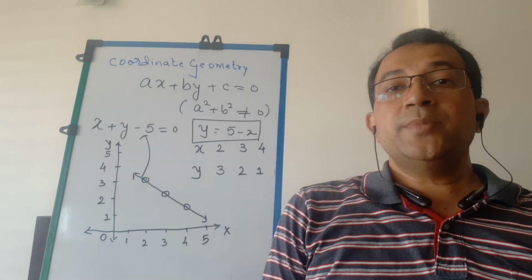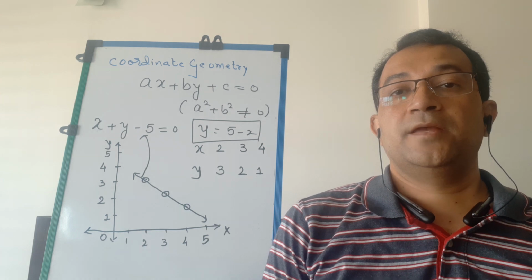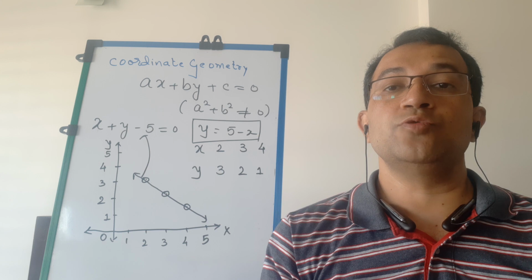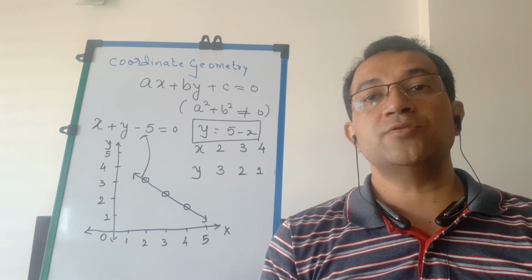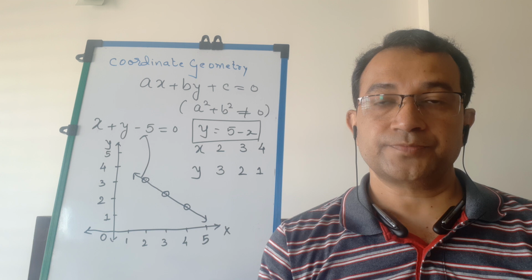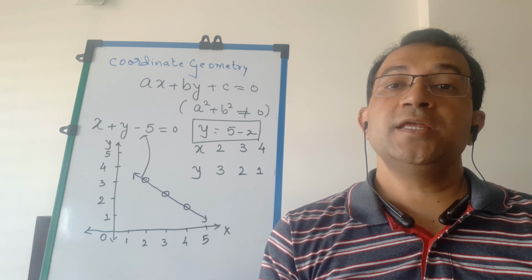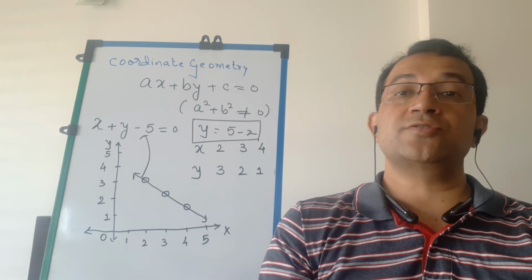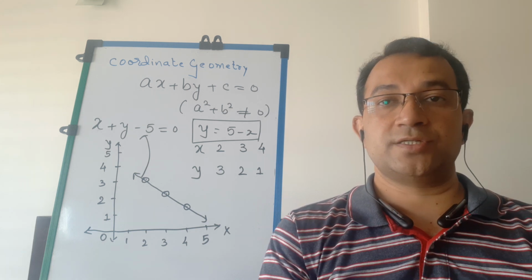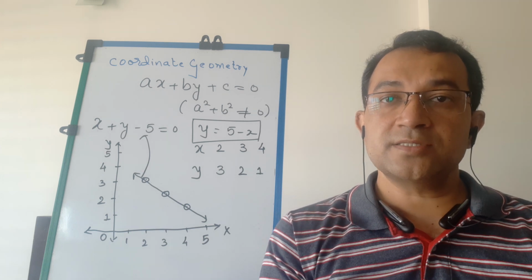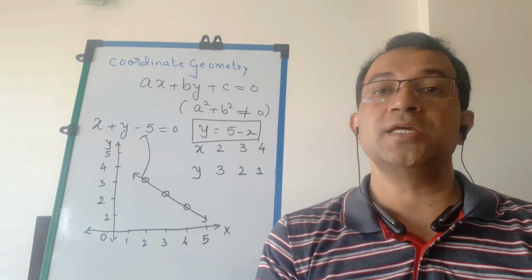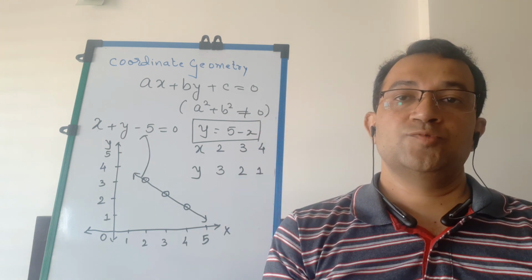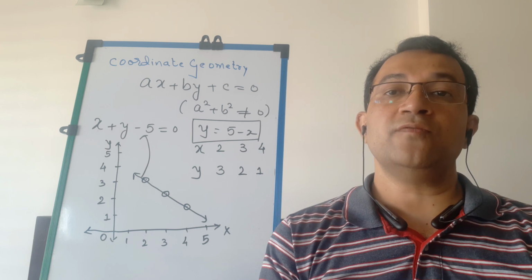So what is the fundamental aspect of graph? Students, ax plus by plus c is equal to 0 is called a linear equation in 2 variables. Why linear? Because the powers of x and y are 1. Now the graph of any linear equation in 2 variables, say x y, is always a line. I did not say straight line, line is always a straight. So now you can very easily understand that when we graph a simultaneous linear equation in 2 variables, we get a line. So the most important basic concept of line.